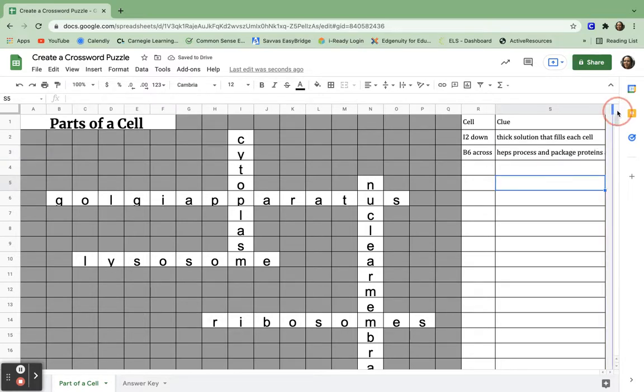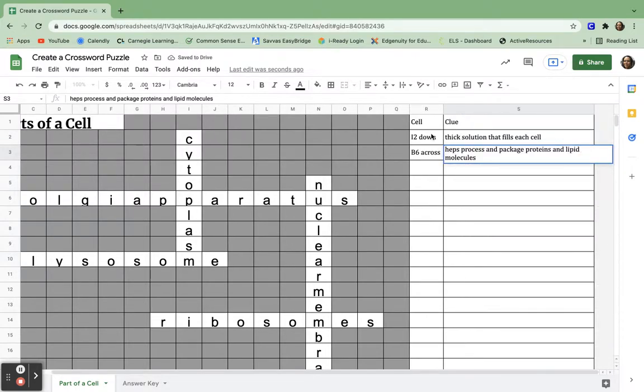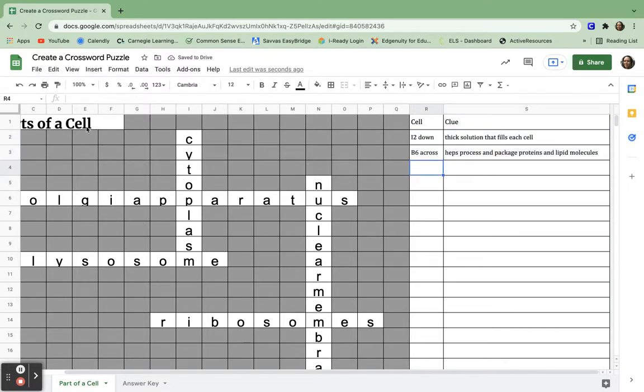And I may need to finish resizing that cell, making sure all that shows up. And if I need to, I can again make that font just a little bit smaller, making sure that we're able to get everything in there just like that. And then I would continue this process. So let's see, N5 down, and this is type. And I would just continue this process for all of my words that I have on my crossword puzzle,